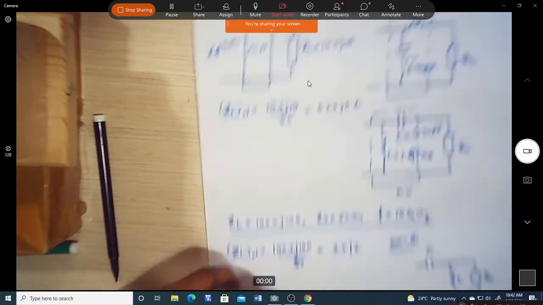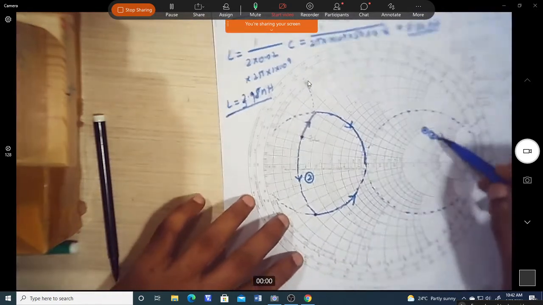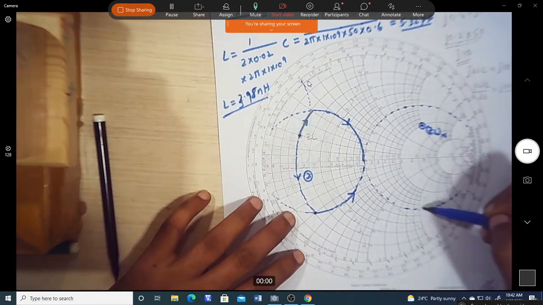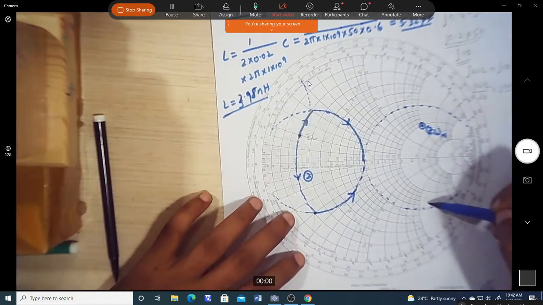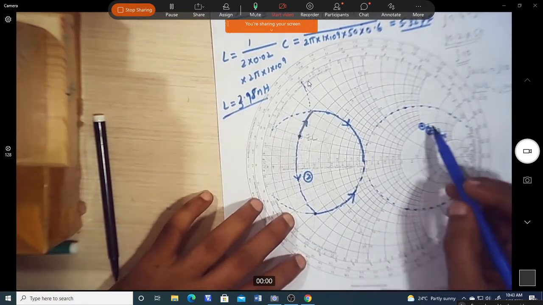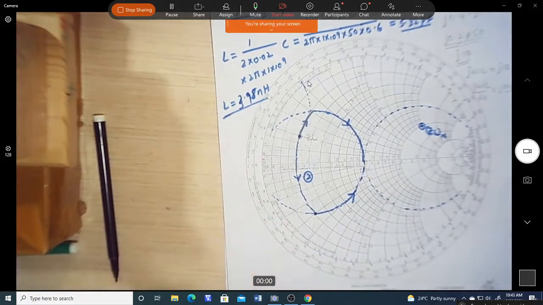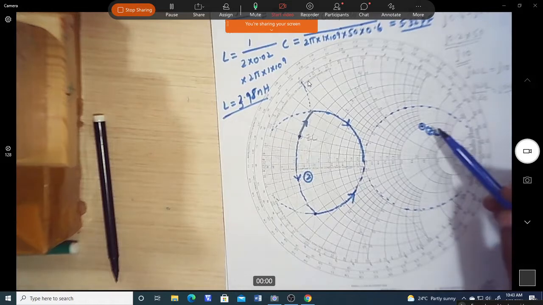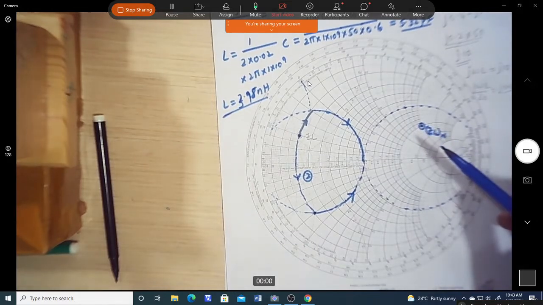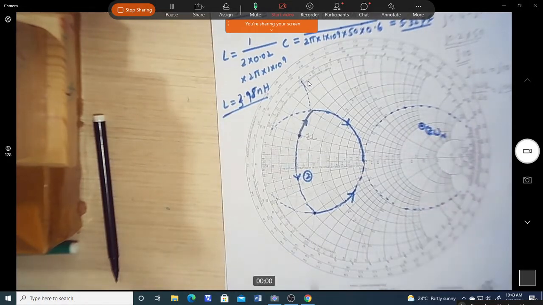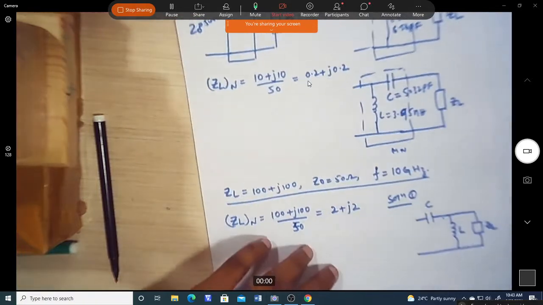And similarly the next solution is, so we are moving downwards on the conductance circle till this point. So downwards means it is a shunt capacitor and then series L. So those are the two solutions you are going to get. So try to do that one. So what is the value? Let us know. Find out the values of this L and C.